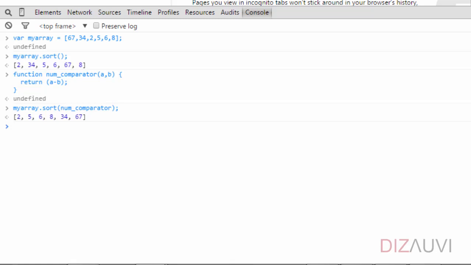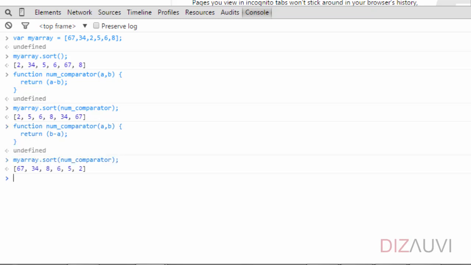If we wanted to sort them in descending order, what should we do? Well, we want the exchange to happen if a is less than b, so we should return a positive value if a is less than b. Hence we can return b minus a in the function. Note that the sorting algorithm only checks if the number returned from the comparator function is positive, negative or 0. It doesn't need to worry about what number is returned, alright?